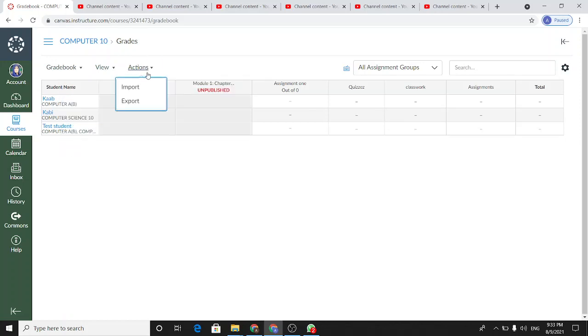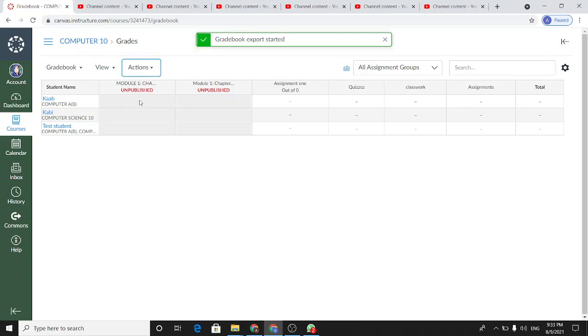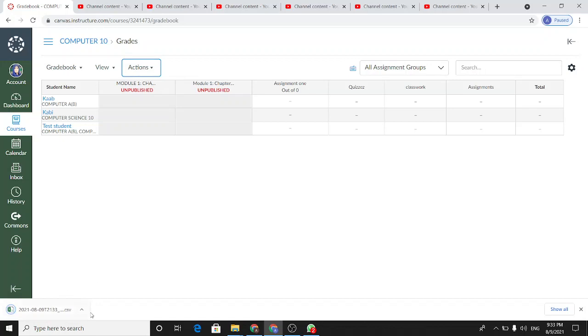Then we can select the actions like import and export. Suppose we have saved some grades on our computer in Excel format. We can import it from our Excel workbook, or you can export it. You can see download started here.